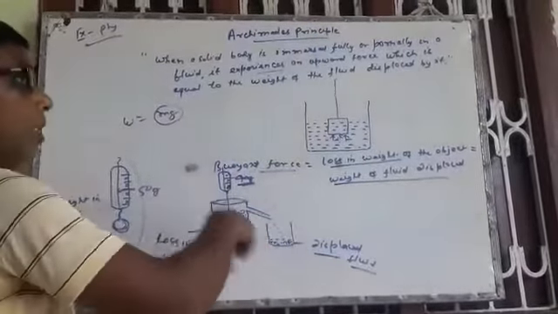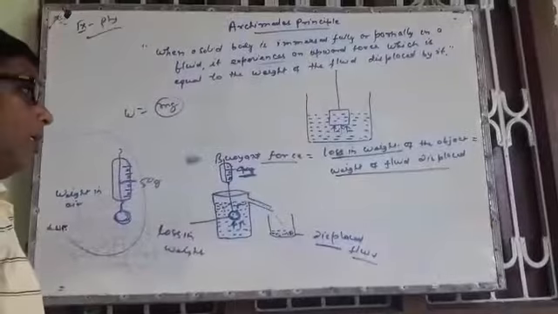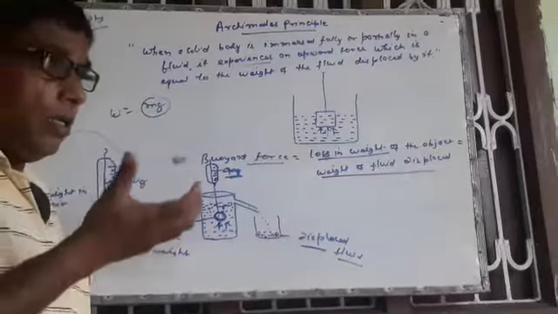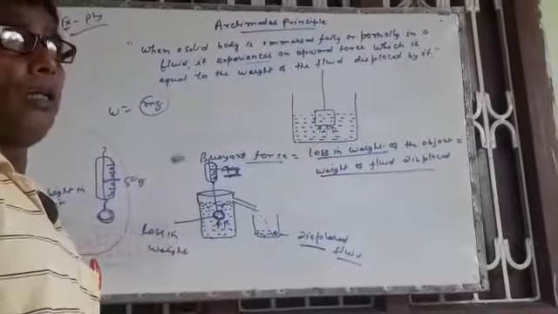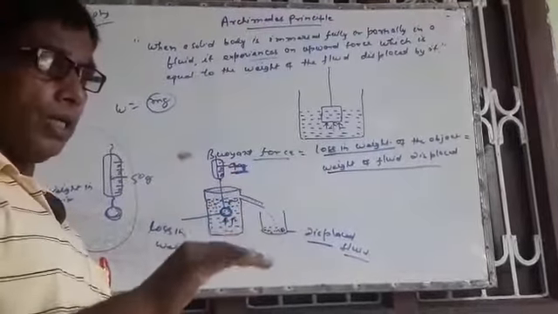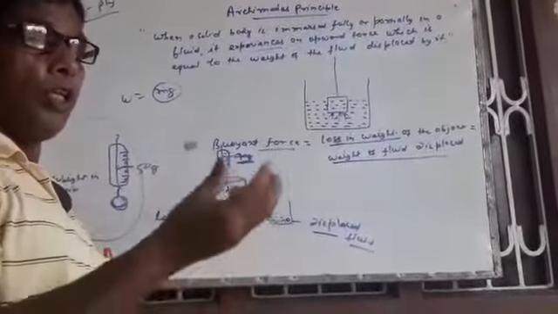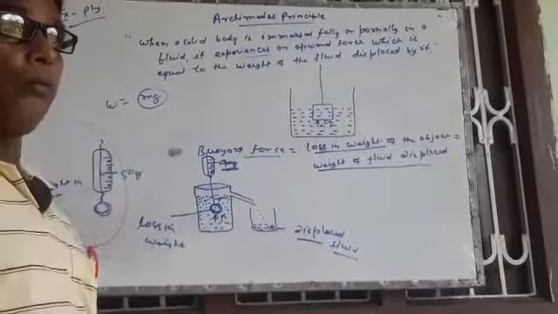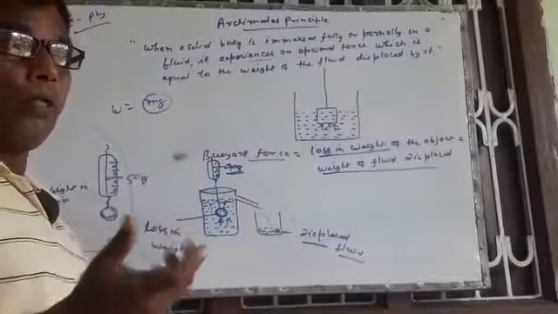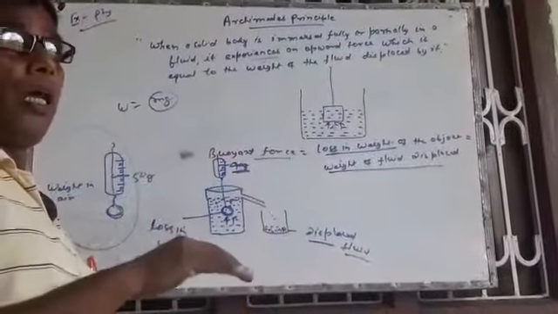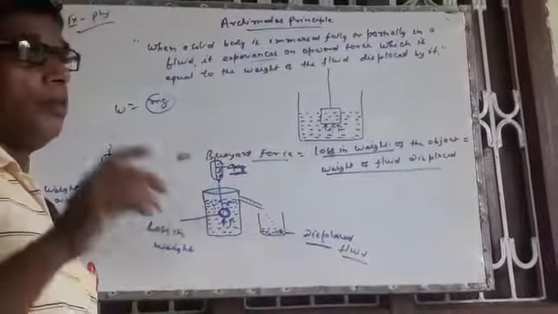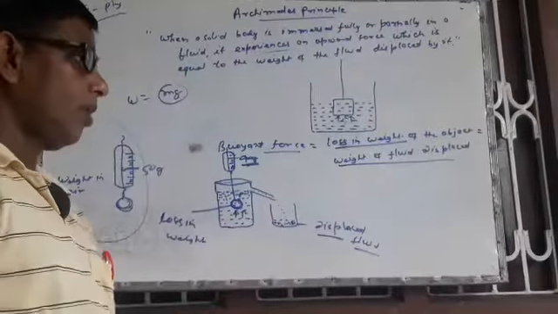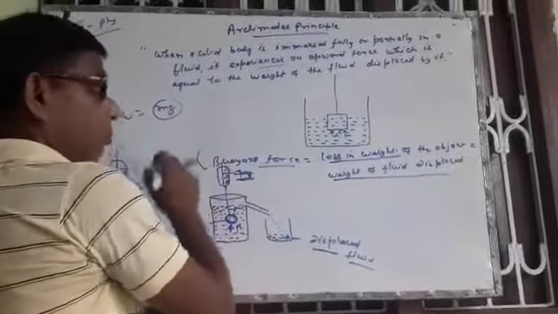This is Archimedes principle. It is common in our everyday life where we take a glass tumbler full of water or any steel tumbler filled with water. We dip a piece of stone inside. What do you think? It overflows. Water comes out. How much water is coming out from the completely filled glass or tumbler? That water is displaced by that solid, equal to the same. So it is Archimedes principle.